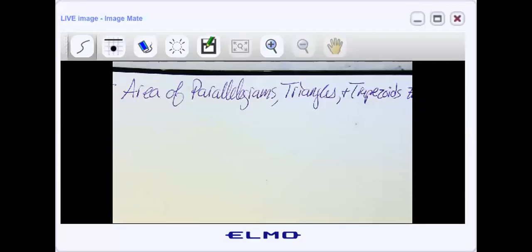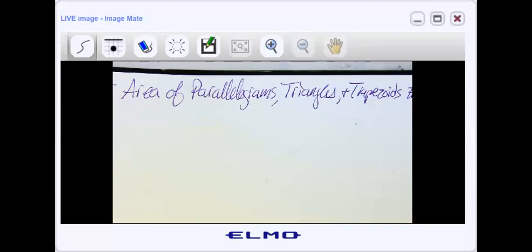All right, so area of parallelograms, triangles, and trapezoids. So we're going to go in that order. We're going to start off with parallelograms. And I think you all already know. Well, actually, let's back up even further. Let's make sure that we know